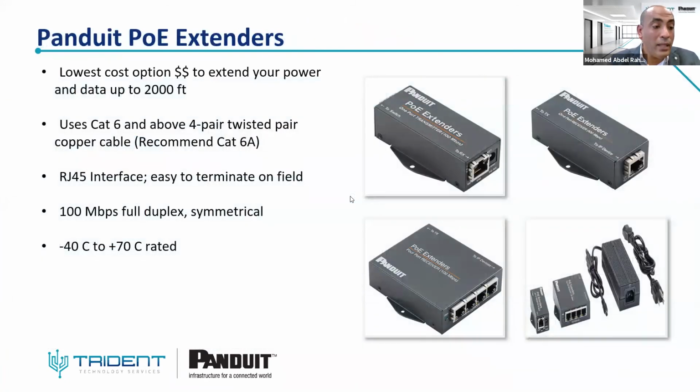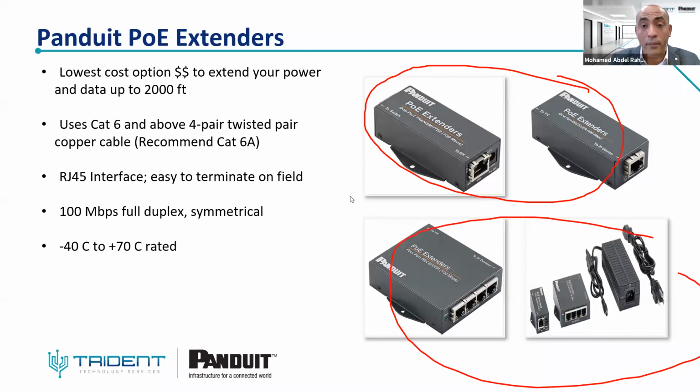But at Bandwidth, we have the PoE extender. The PoE extender is like a kit with a transmitter and receiver. It can be available 1-to-1 or 1-to-4. It can extend the distance up to 610 meters, so you have 2,000 feet between the transmitter of the kit and the receiver of the kit. You can use it, and also one of the main things you need